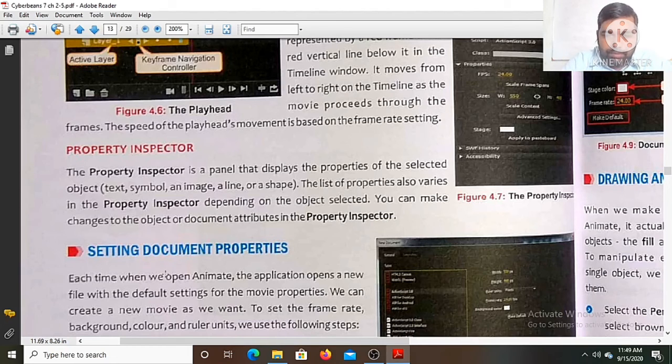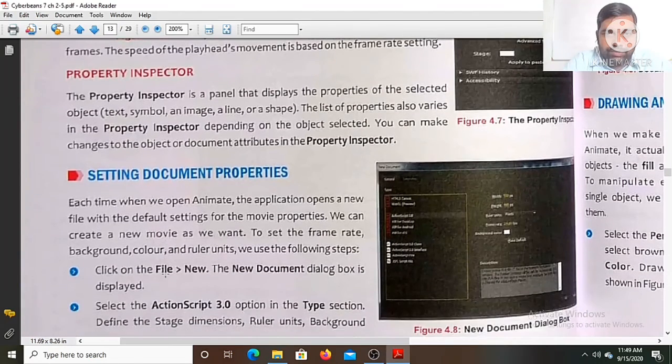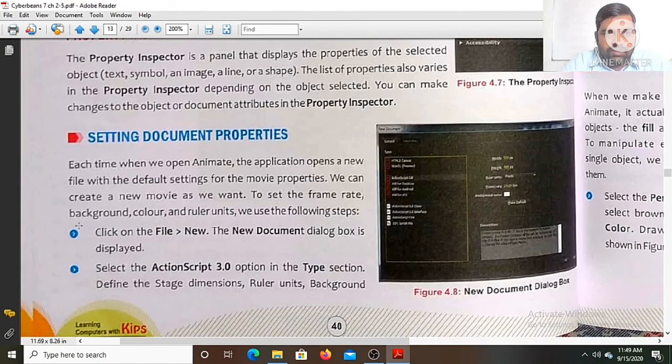Now, setting document properties: how do you set the properties of the document? Each time you open Animate, the application opens a new file with the default settings for the movie properties, and we can create a new movie as we want. To set the frame rate, background color and ruler units, we use the following steps.